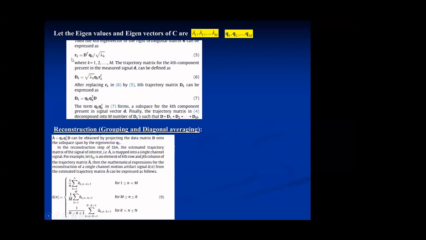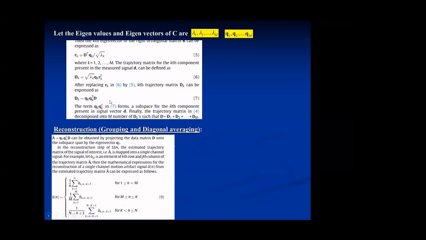Once I know these eigenvalues and eigenvectors, the orthogonal matrix can be expressed in this manner, knowing this R of k. So these are all from linear algebra. Actually, here I have taken the standard results. If you want more details, you can refer to linear algebra or matrix algebra books. So finally, what I am going to do is this D, the measured matrix, I have